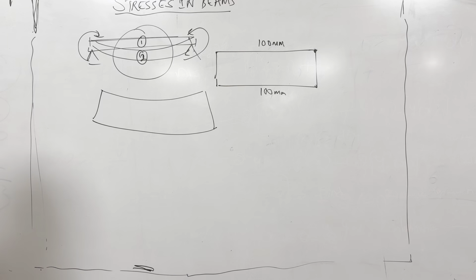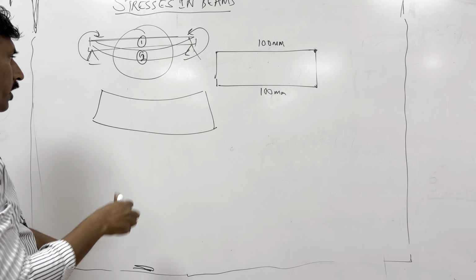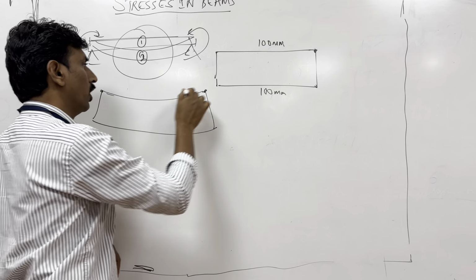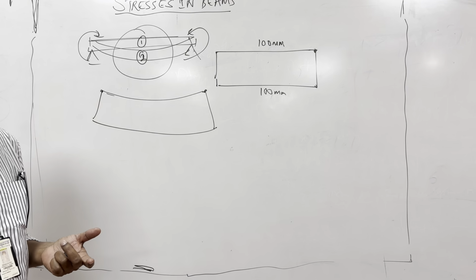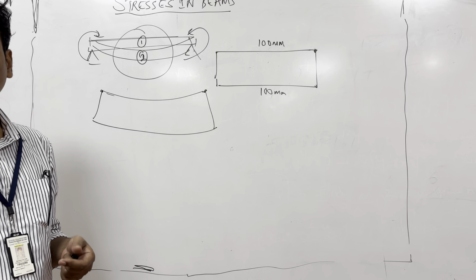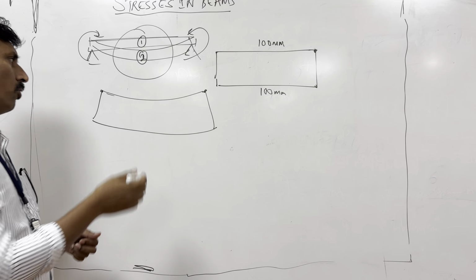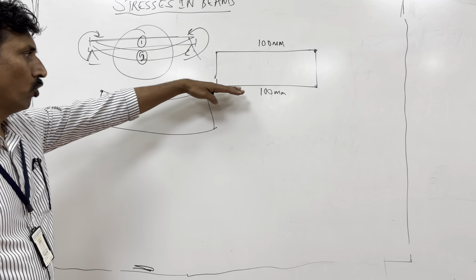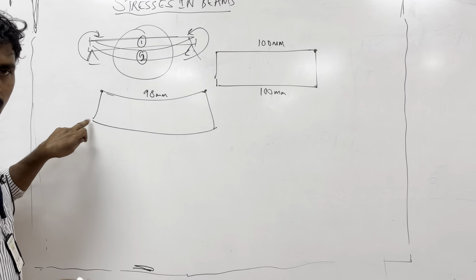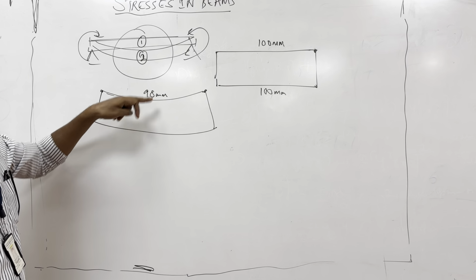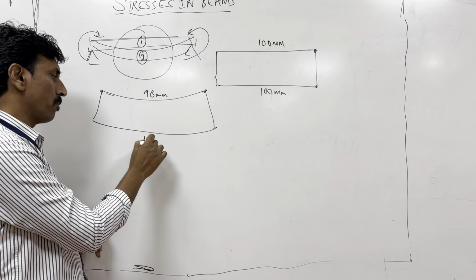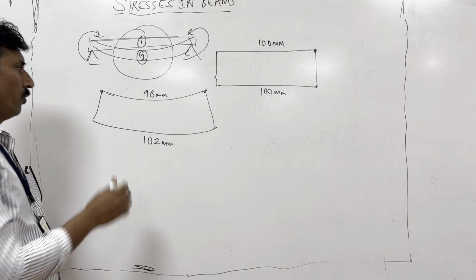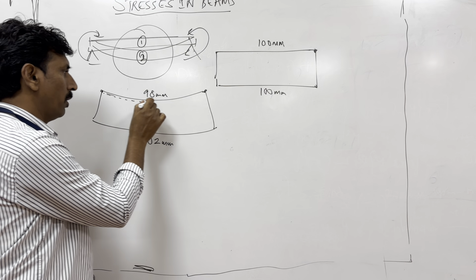Okay. Now after bending, what do you think would be the length here, from here to here? Would it be more than 100 mm or less than 100 mm? Less than 100 mm. Say around 98 mm. Now what do you think would be the length at the bottom fiber? If it is 98 above, it will be 102 by common sense. Okay, 102. Now, if you see a fiber below it here,